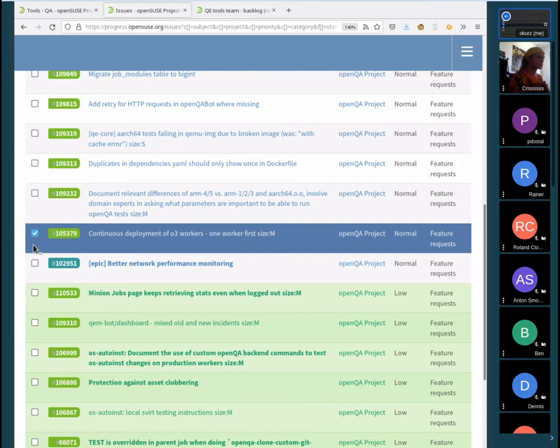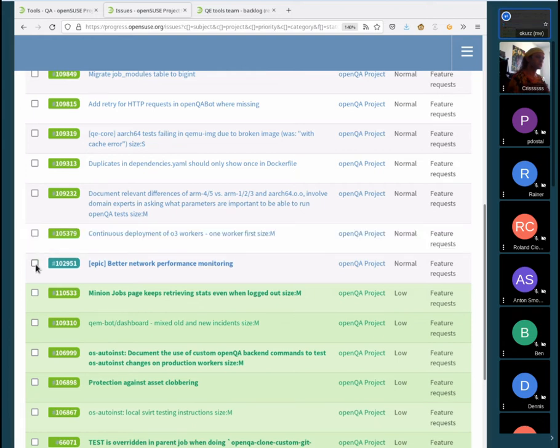Before, what we had and currently what we have for most of the workers is a nightly deployment. So there's not that much of a difference, but to actually improve our feedback time, to ramp up the possibility to use O3 instance as a high quality staging instance for the internal instance, we want to go that one step further.